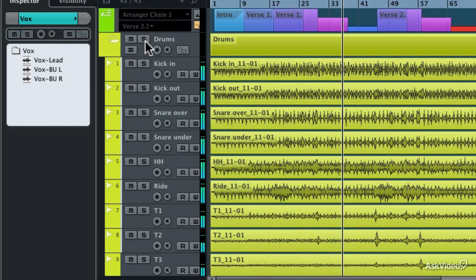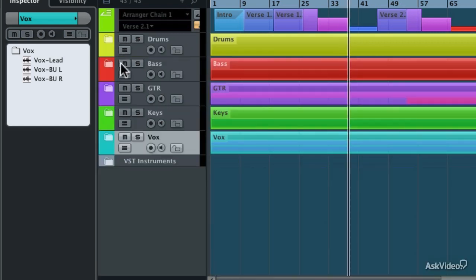Now if I click solo again and then close up that folder, I could listen to the bass by clicking the solo button on the bass folder. Same with the guitars, keyboards,